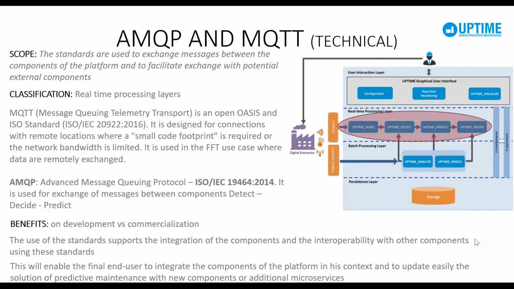And of course, exchange of messages is very important in these cyber-physical systems. And with AMQP and MQTT, we did not find limitations corresponding to the needs and the requirements we have in exchanging data messages between the different components, from sense to detect to predict and decide. And so the benefits are especially because